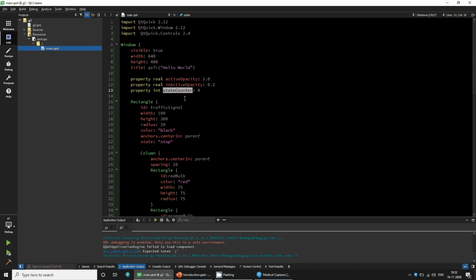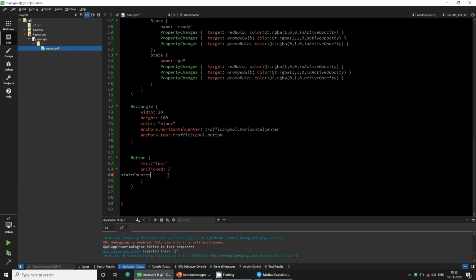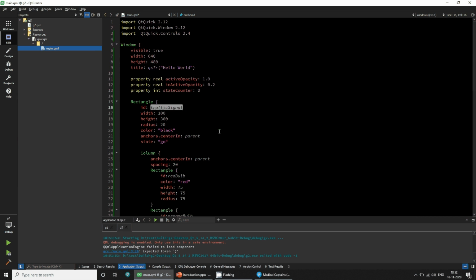Let's increment the counter on the click: state counter is equal to state counter plus 1 mod 3, so this will keep on switching between 0, 1 and 2. If your state counter is equal to 1, then you should change the state of this traffic signal to